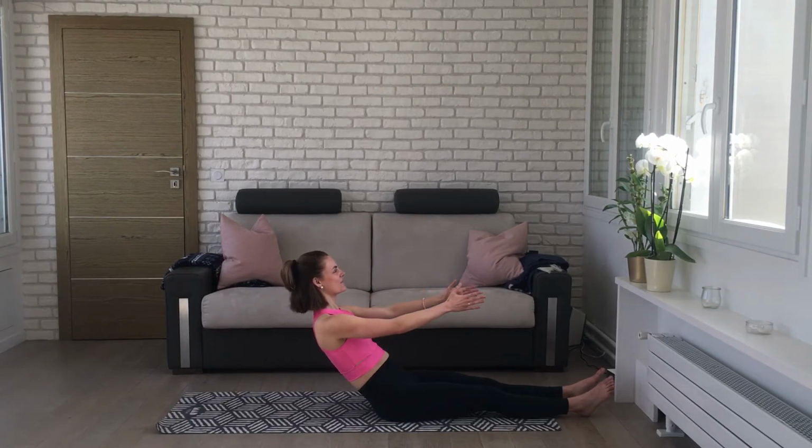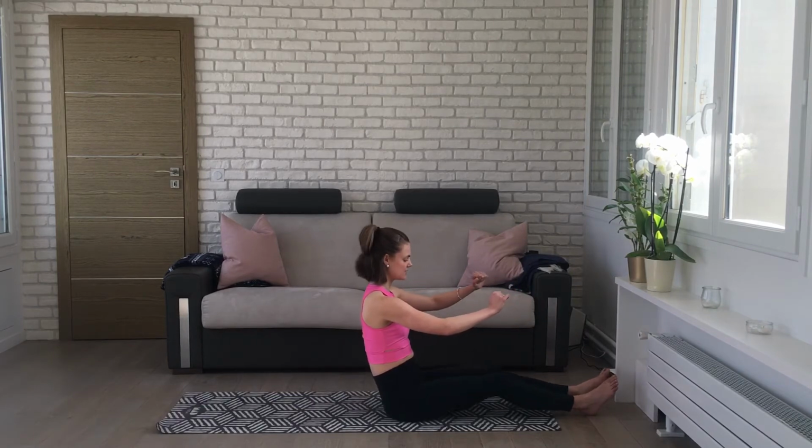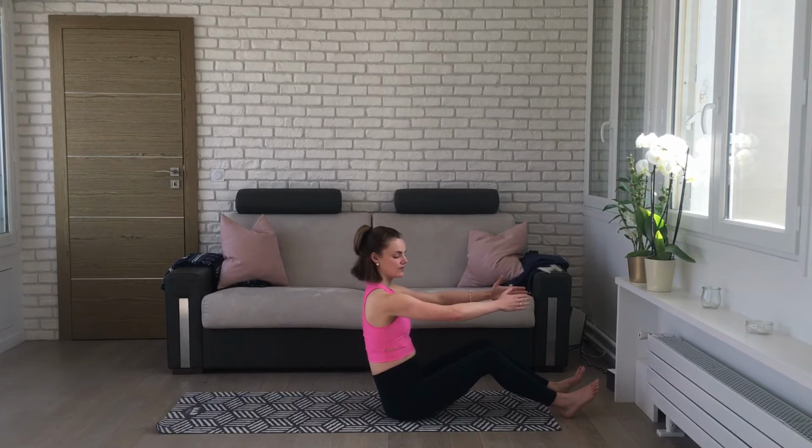And coming in, and one more time, coming out, relaxing the shoulders, head is in line, and then we're coming up. Cool, cool. Straight into obliques, I believe. So I'm going to bend the legs to start with, and I'm going to have a little bit of a